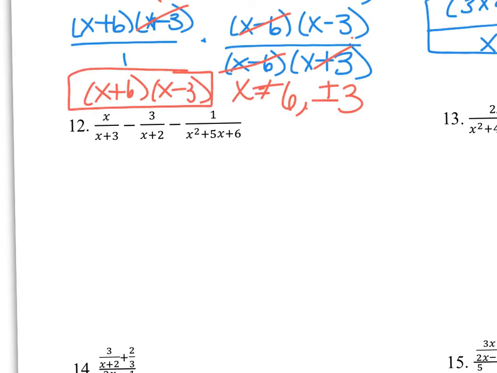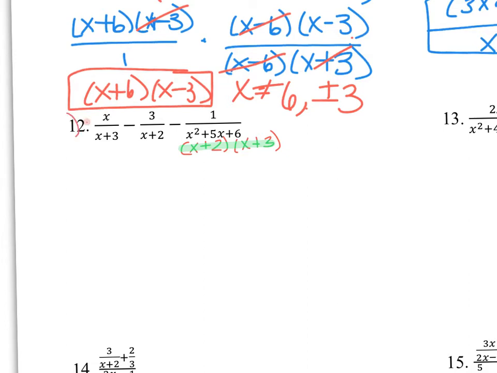So if I go ahead and keep going, if I look at number 12, I'm going to have to subtract these. So the first thing I'm going to do is factor the denominators. So if I factor this, this is x plus 2 and this is x plus 3. So my least common denominator is x plus 2 and x plus 3. So if I look at my first term, it's missing the x plus 2. So I'm going to